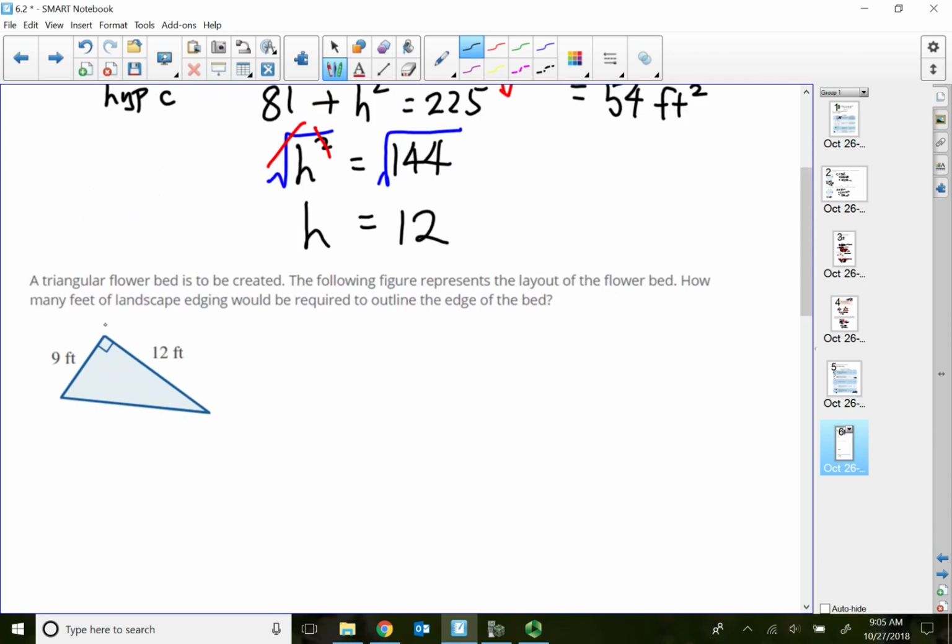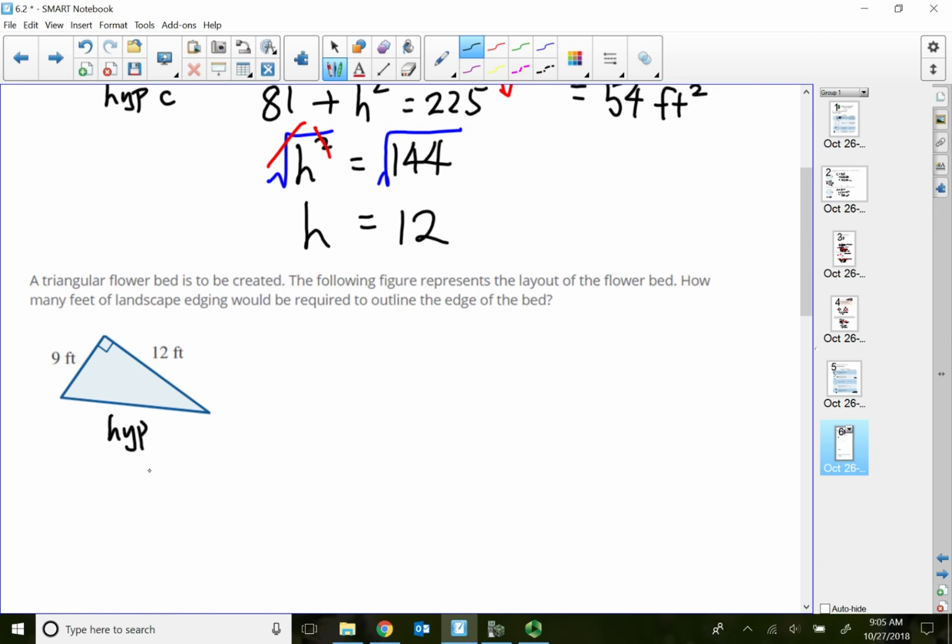All right, a triangular flower bed is created. The following figure represents the layout of the flower bed. How many feet of landscaping edging do I need? So this one is actually trying to find the perimeter of my triangle. So in order to find how many feet of edging, I will need all 3 sides, since I'm looking for the perimeter. So this time I'm actually missing this side, which is the hypotenuse side,